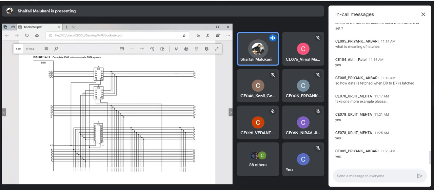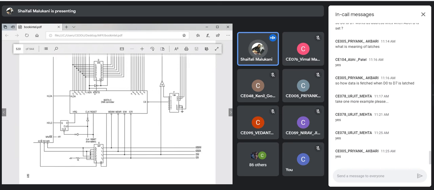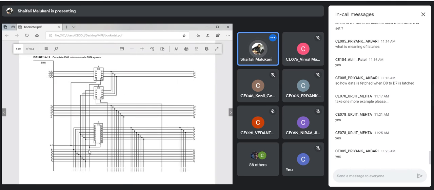But suppose I want this latch to be disabled. Whenever the control is not with 8086, at that time this latch should be disabled. So I will make this line 1. This is connected with AEN. AEN will be 1 if it is an operation with 8237, because then this latch should not be operated by ALE. It should be totally disabled, and that's why AEN is 1, which means this is disabled. If AEN is 0, it is enabled, which means the control is with 8086.